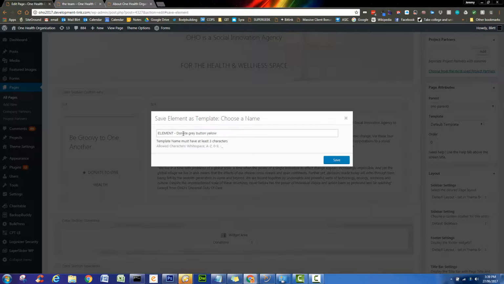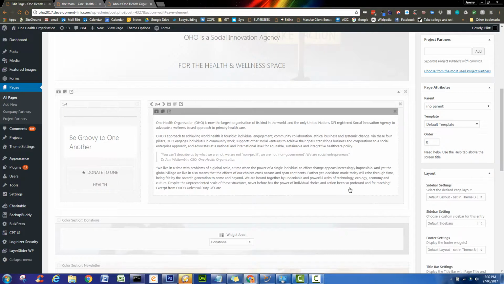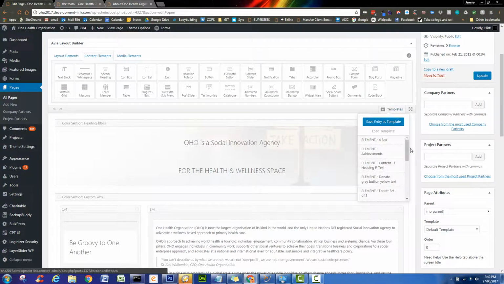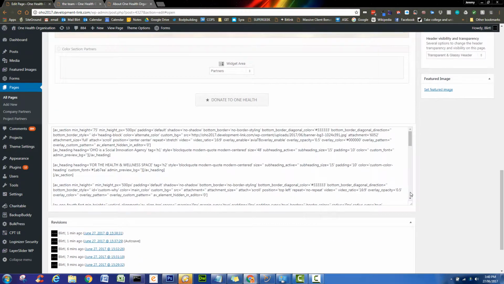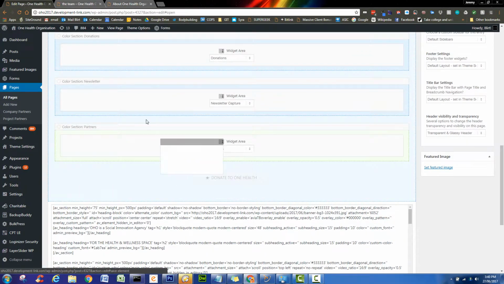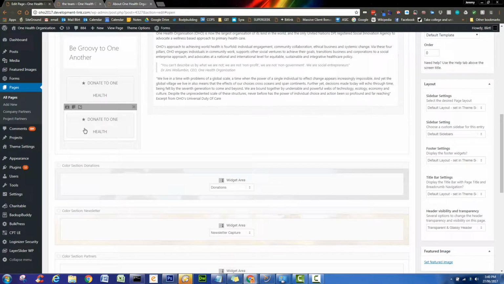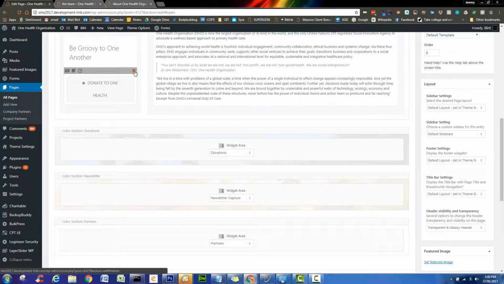Yellow. Okay, save that, and what that does is it makes it a page element that can be accessed under the templates drop down. So, donate grey button yellow text. Now if I click on this, that element will go down to the bottom of the page, and I'll be able to grab it, left click it, and drag it wherever I want it to appear on either this page or a subsequent page. We, however, do not want either of those,